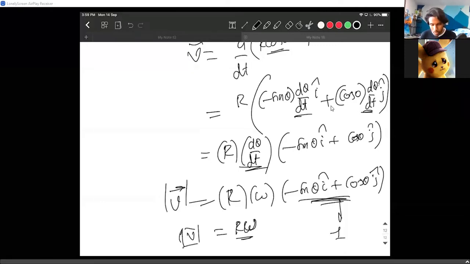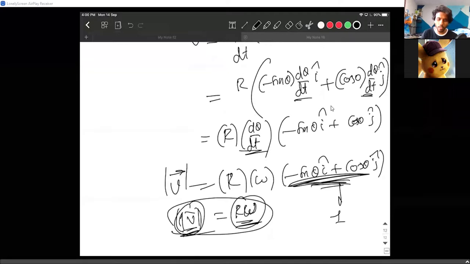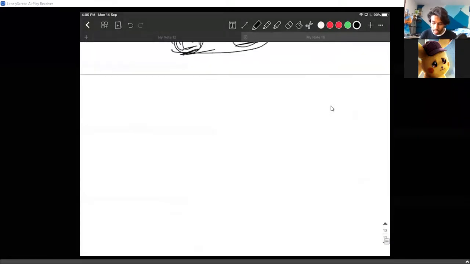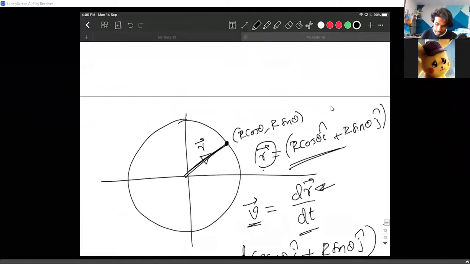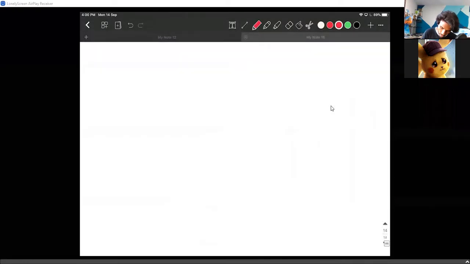So we just derived, we already know v equals r omega, but what we did is we mathematically proved v equals r omega. Previously we did it from the perspective of physics. Now we simply derived mathematically that the magnitude of v equals r omega. Now it's not just the derivation of the magnitude. If you can tell the direction of this thing, let me show that to you. Let me draw that on a new separate page.